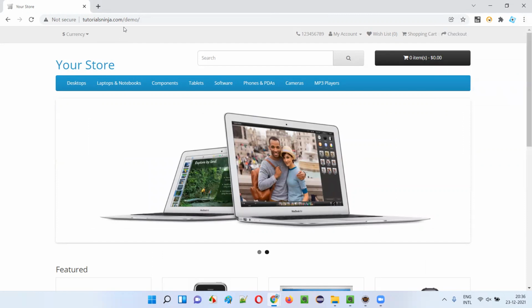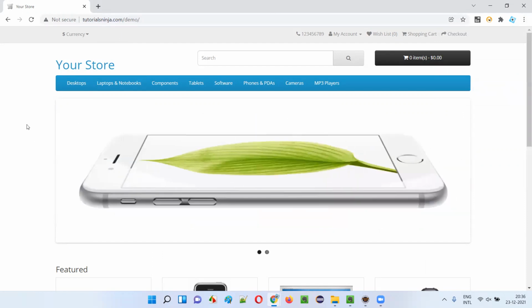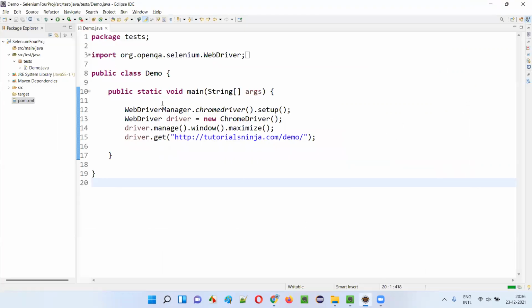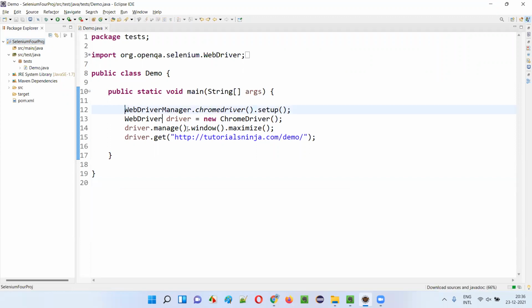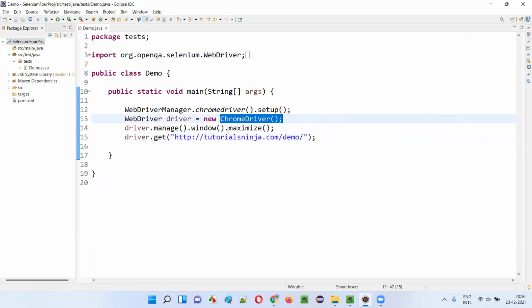So in Selenium, how to view this particular application in a full screen mode? Let me demonstrate. For that, I'll open this Eclipse IDE, and here we have a sample project. Inside the sample project, we have a sample automation script already written for opening the Chrome browser, for maximizing that Chrome browser, and after that, it will open the application URL in the browser. After opening the application URL in the browser, I want to switch to full screen mode.